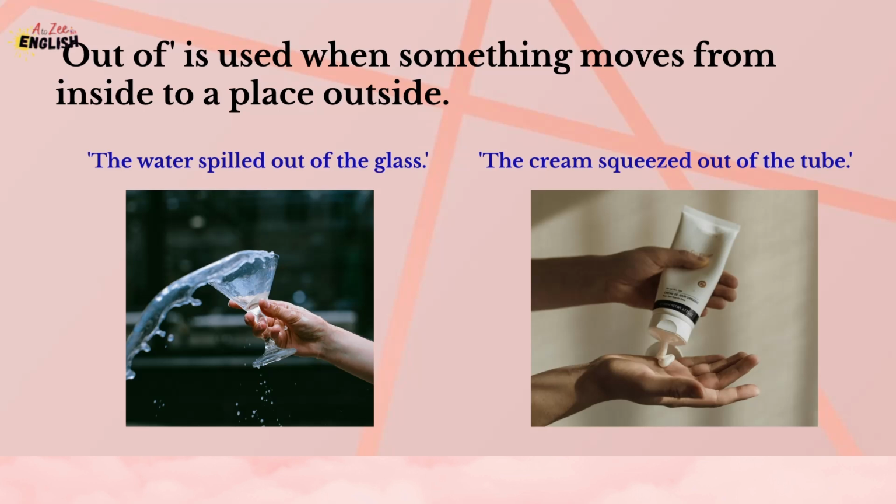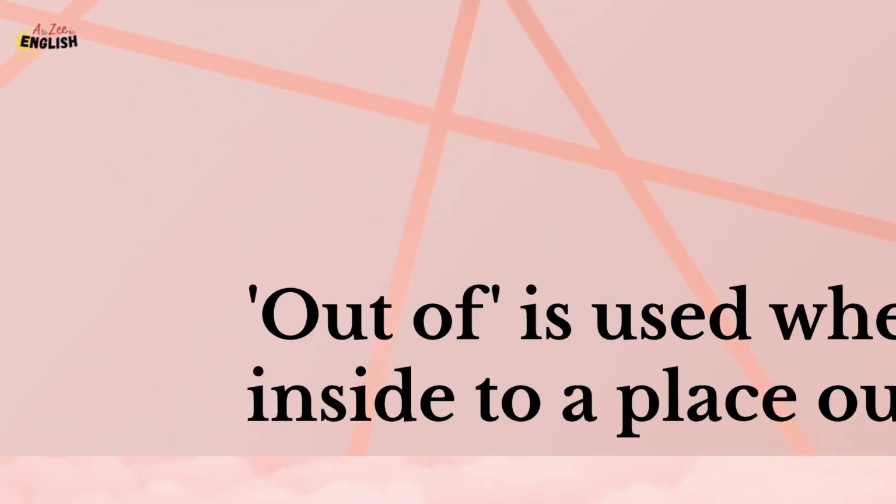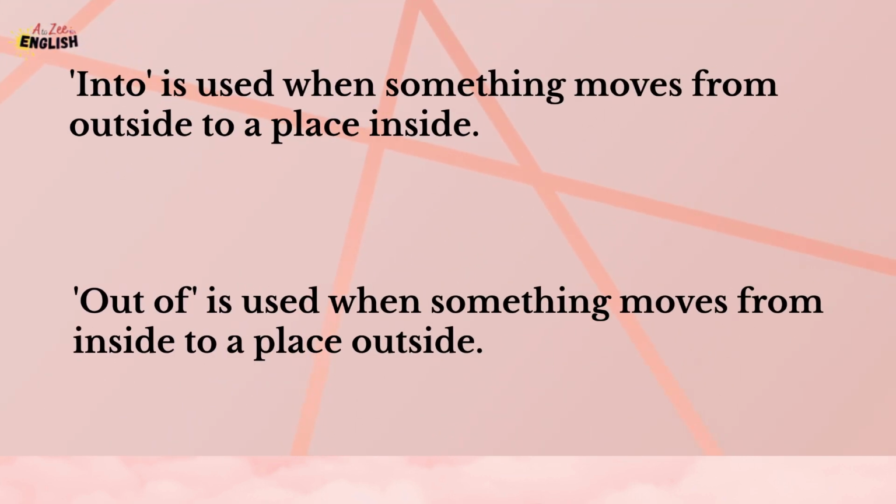Another example is, the cream squeezed out of the tube. Here the preposition out of indicates the direction of movement from inside to outside. It specifies that the cream, which was inside the tube, was pressed or squeezed in a manner that caused it to emerge and move outward from the tube. So understanding into and out of helps in describing movements that involve entering and exiting spaces, which is especially useful